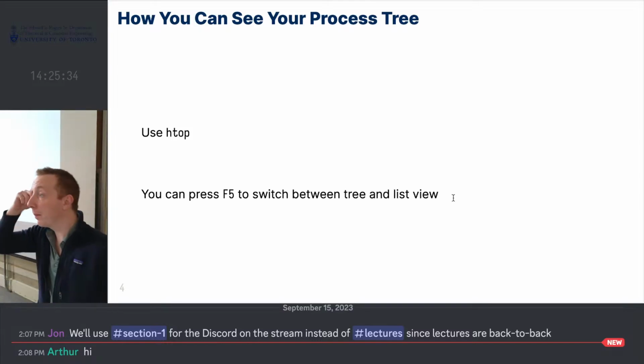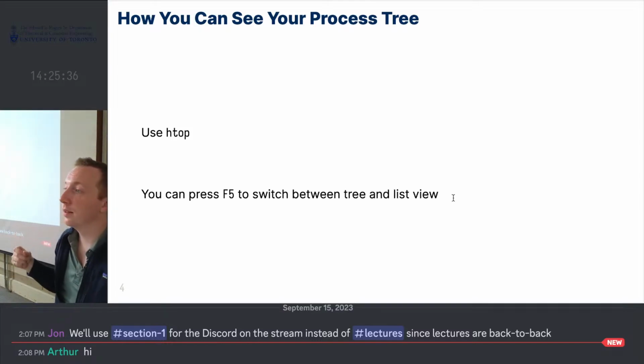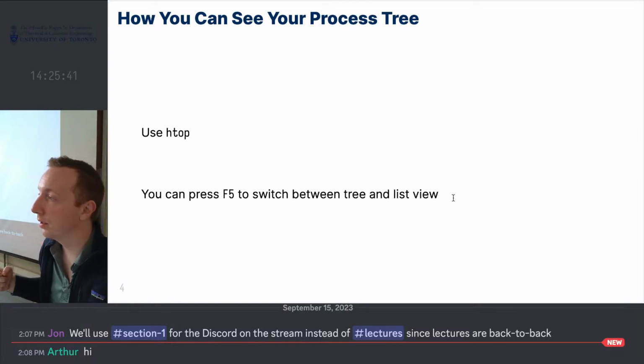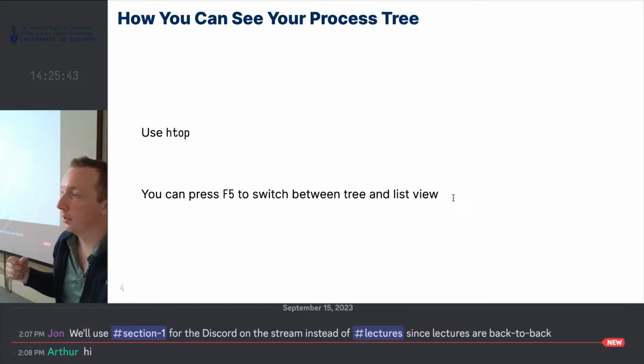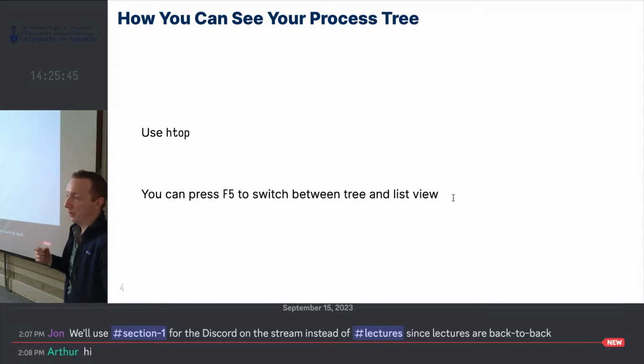Yep. How does numbering work? Like, what if it jumps from like 1 to like 300? How does what work, sorry? Numbering for the process. Oh, so the question is, how does the PID numbering work? In practice, it's pretty much sequential. It just assigns 1, then 2, then 3, then 4, then 5, and then it won't reuse them until it comes back again. That's generally how it works, but